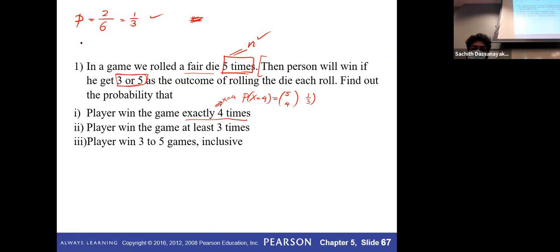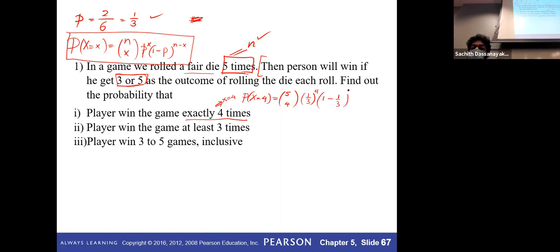Do I need to write the equation of the distribution here? Okay. This is the binomial distribution: probability X equals x gives you n choose x, p to the power x, times 1 minus p to the power n minus x. So I'm just plugging the values into this distribution. So 1/3 to the power x, which is 4, times 1 minus 1/3, that is 1 minus p, to the power 5 minus 4, n minus x. Okay, so you have to simplify this.